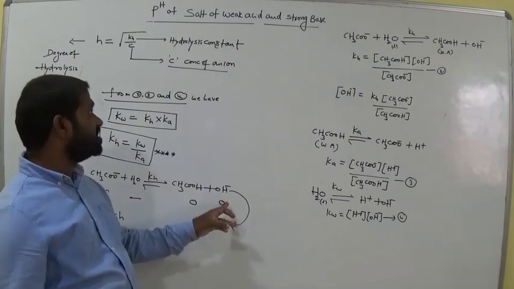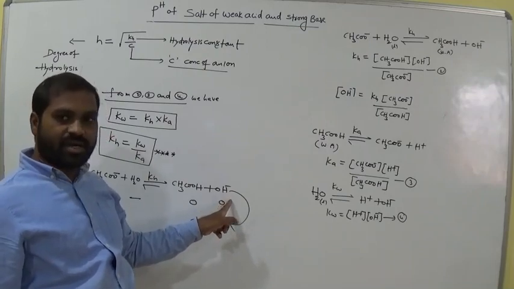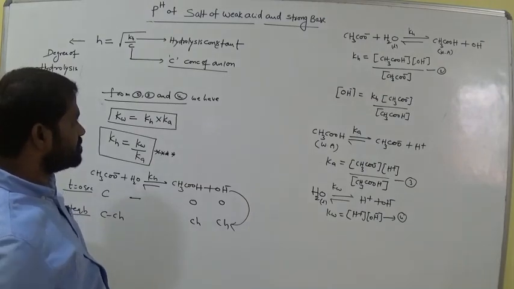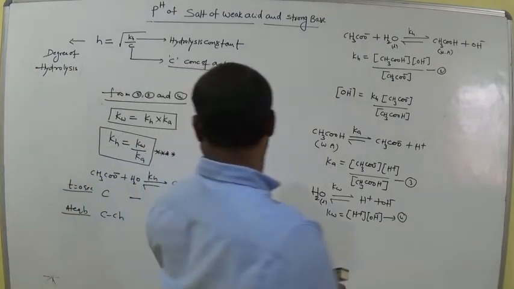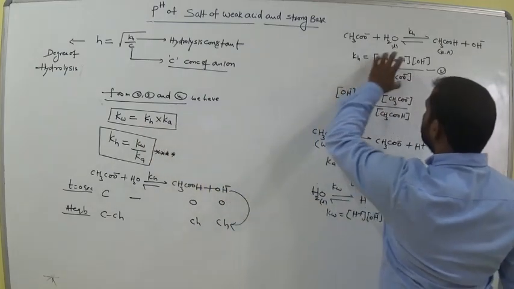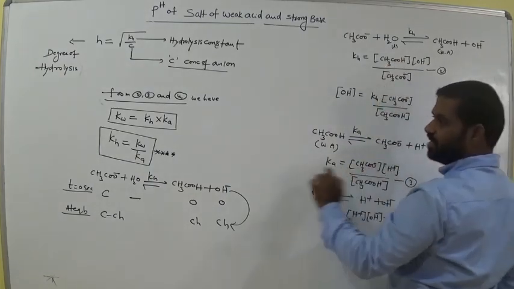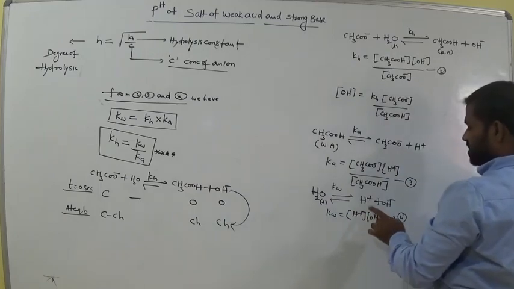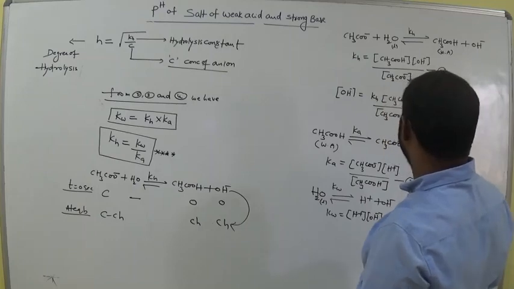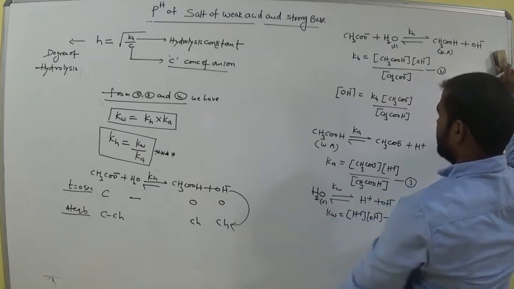So why is it OH minus? It is a strong base, the base is dominant. So now at equilibrium, what is the concentration of OH minus? Ch. Clear? Okay. Now this is Kw equals Kh into Ka. Now what is Kh? This is it. Now what is Ka? This is the Ka. Now if we multiply both values, then we get Kw, that is H plus into OH minus, like this. Okay. If we can check it. Now the OH minus concentration is Ch. Okay, clear?